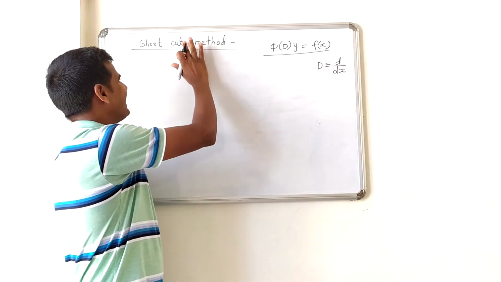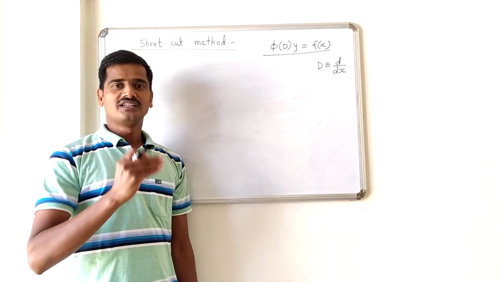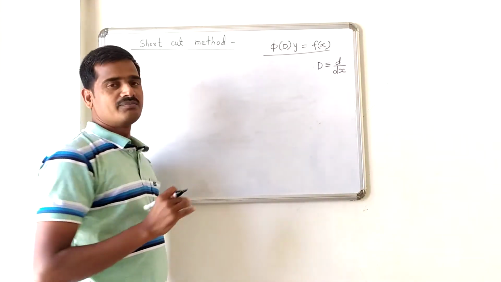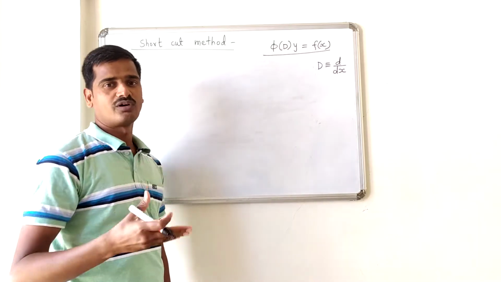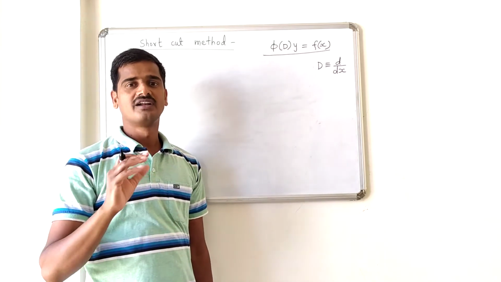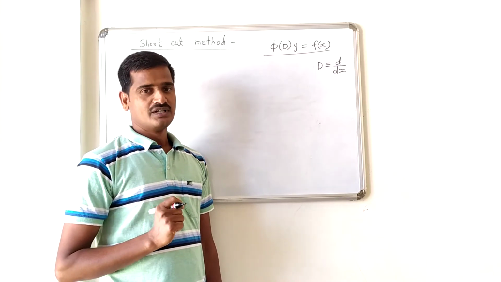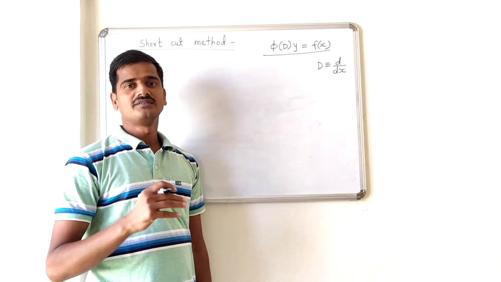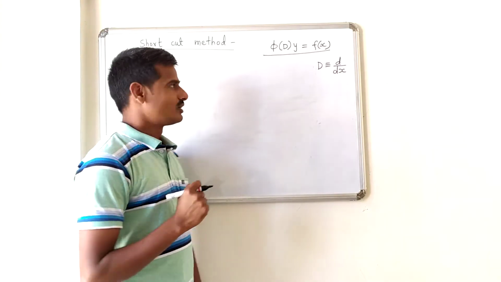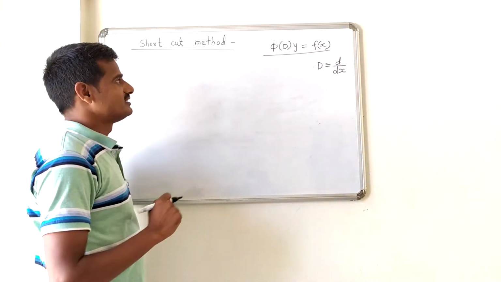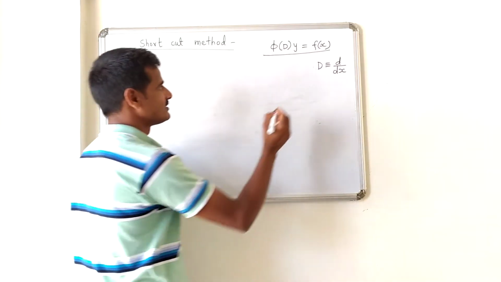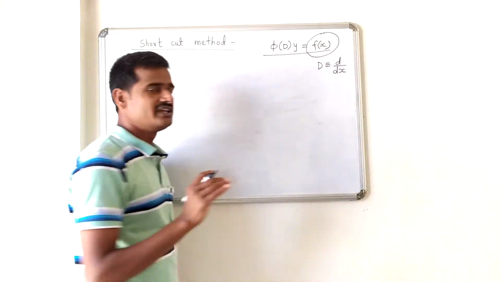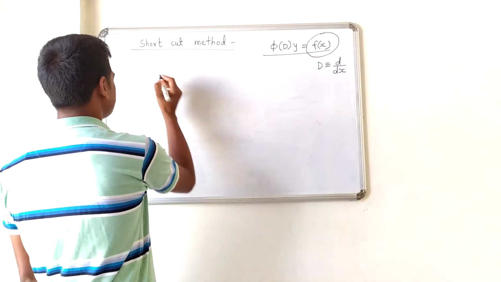Now what is the advantage of the shortcut method? In the earlier method, that is the general method, getting the particular integral involves a lot of laborious integration. In the shortcut method you will get the particular integral within 3 or 4 steps. So we will discuss this shortcut method. There are various cases, in the sense that in order to apply the shortcut method, the function on the right hand side should be in a specific form. So let us discuss the first case.